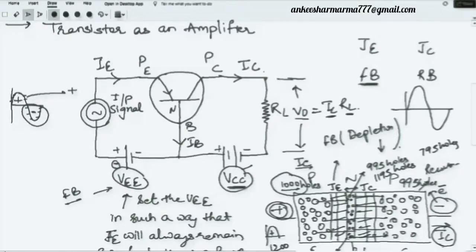Now over here I'm saying this IC will change as per my input voltage. If input voltage is high, the IC will be high. If input voltage starts decreasing, the IC will also start decreasing. It means now my output has started behaving as per my input. The first part is that I wanted my output to follow my input, and that I have done. Second, I want amplification. So did I get amplification here or not?